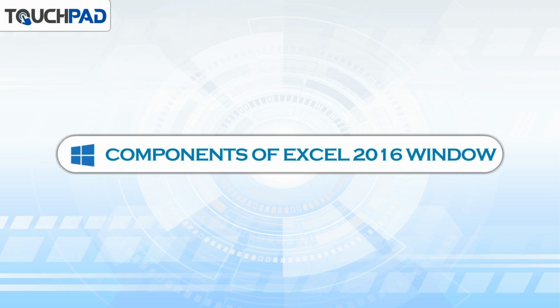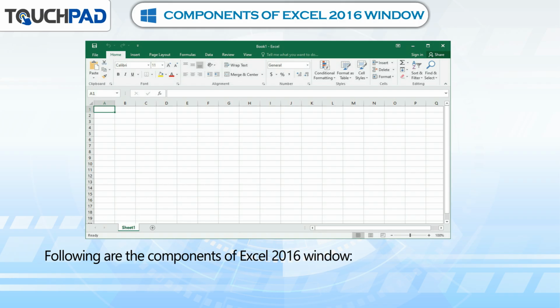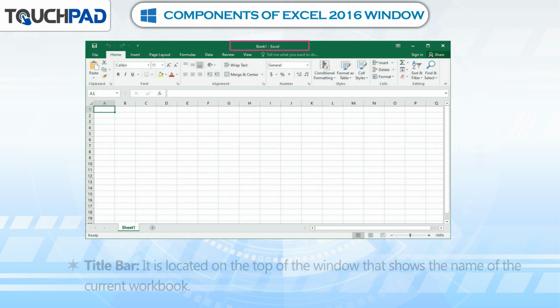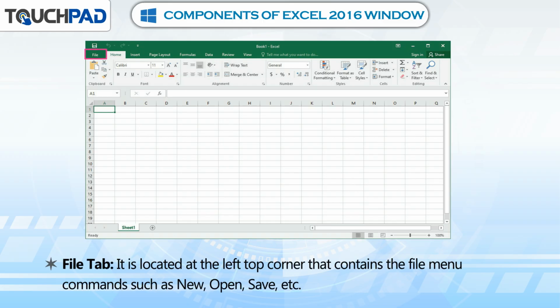Components of Excel 2016 window. Following are the components of Excel 2016 window. Title bar. It is located on the top of the window that shows the name of the current workbook. File tab. It is located at the left top corner that contains the file menu commands such as New, Open,